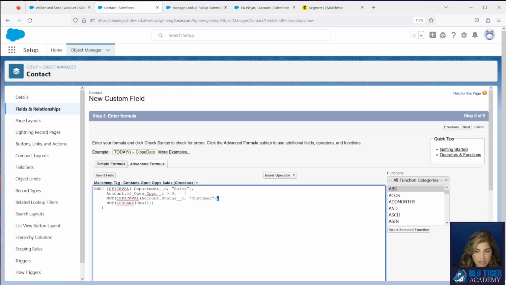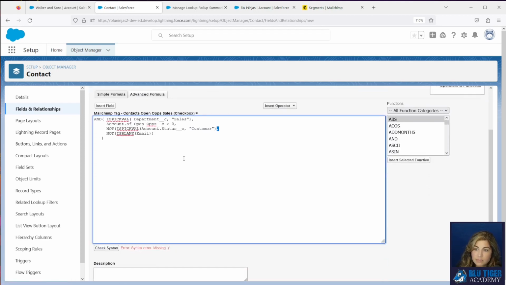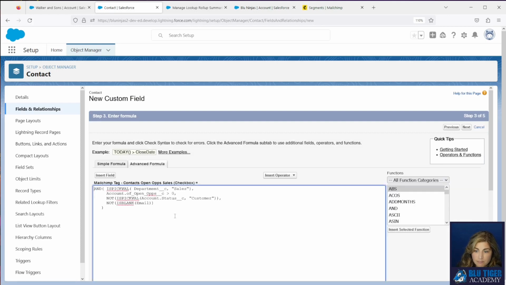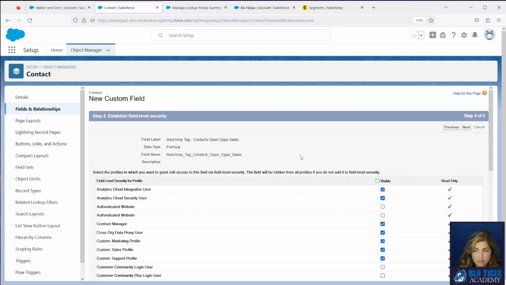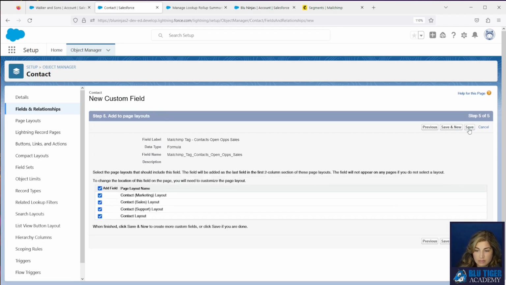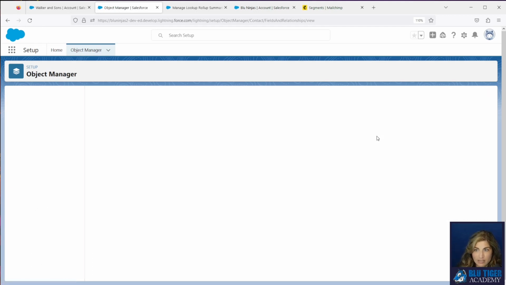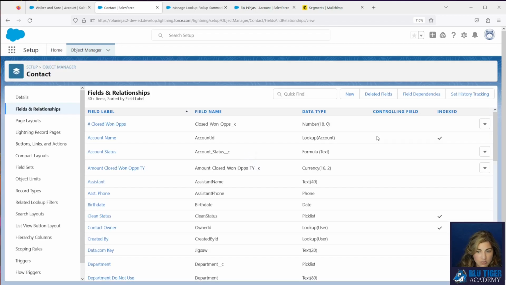Okay, so that's all the criteria that we're going to look for here. Just going to check the syntax to make sure that there's no mistakes, and there is. I'm missing a parenthesis. All right, let's check that one more time. All right, we are good to go here. Okay, hit next. And next. And I'll drop this on the page because we're doing some testing, so we need to make sure that that checkbox is checked on Alex's contact record.